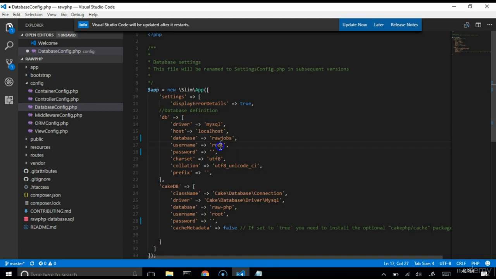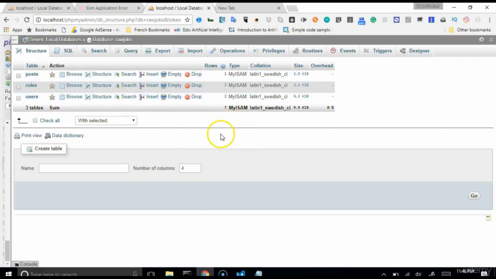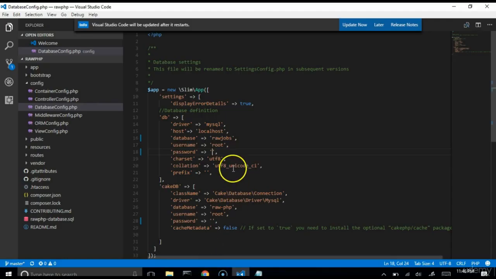Then the database login is root, and the password, I'll enter my password after I close this. So you should enter the password you used to log into your phpMyAdmin. If you didn't set up a password, it should just be default, it should be empty like this. So yours should probably work exactly like this without entering a password. Alright, so once we have that sorted out, make sure that you enter the same details in this too,